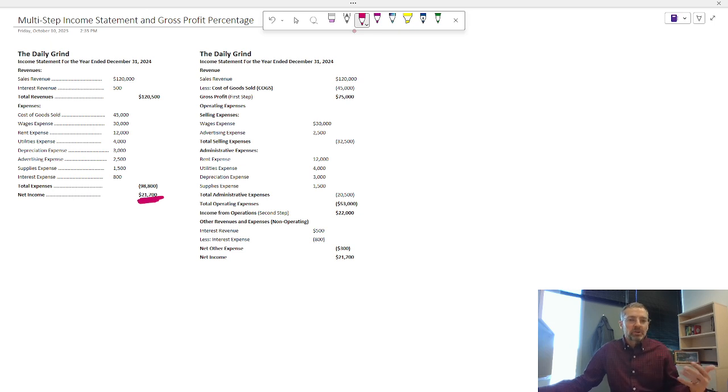The last chapter, we looked at, can we classify our balance sheet or make categories on our balance sheet? This chapter, we're doing the same thing with the income statement. We're going to make it a little more complex. We're going to have some more classifications, but that will also make it more useful to us and to other users that need it. So this is called a multi-step income statement.